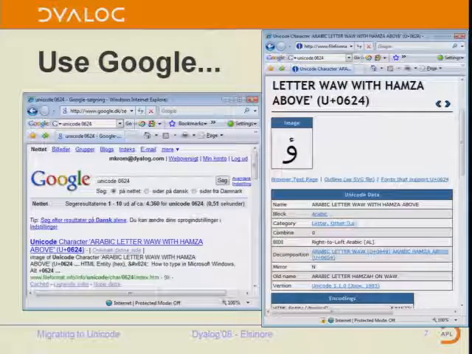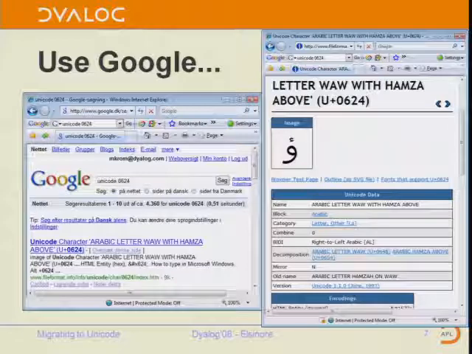The internet is a very useful resource for this. If you want to know more about a character, you can just go into Google and say Unicode and the hex. If you type the decimal, you'll probably also have a good chance of finding it. And then there are lots of links where you can get information about the characteristics of this character. Is it in a font that goes from right to left? Can it be uppercased?